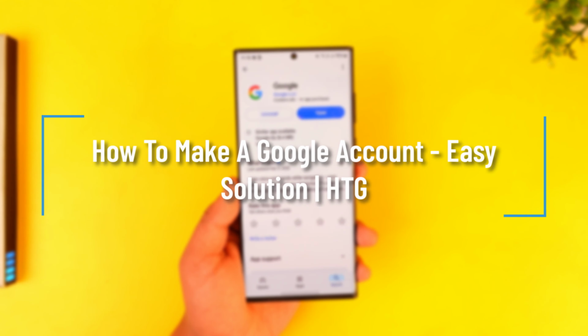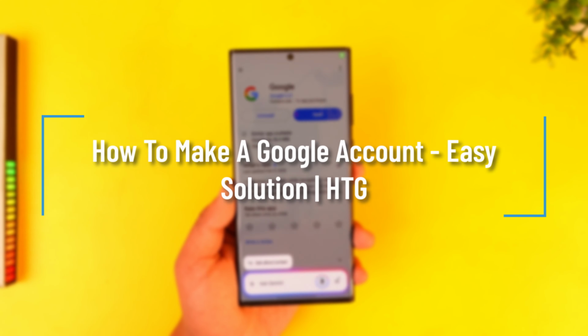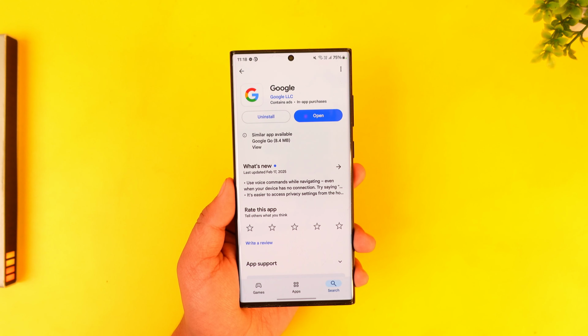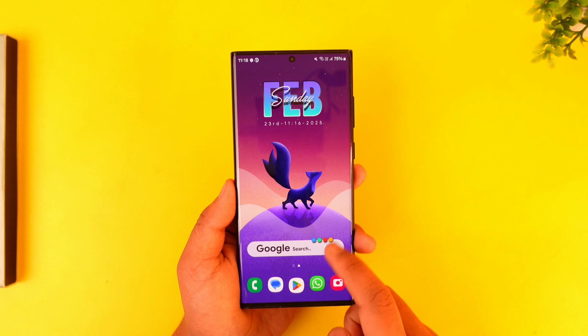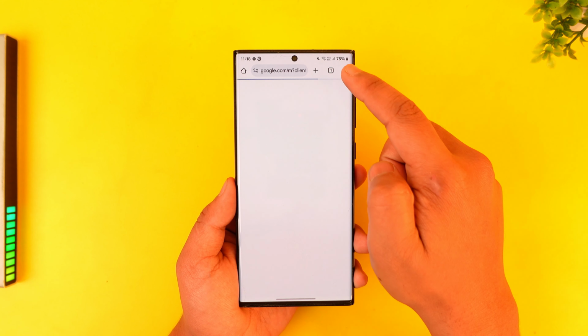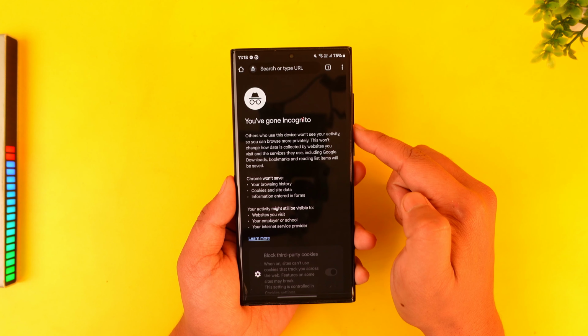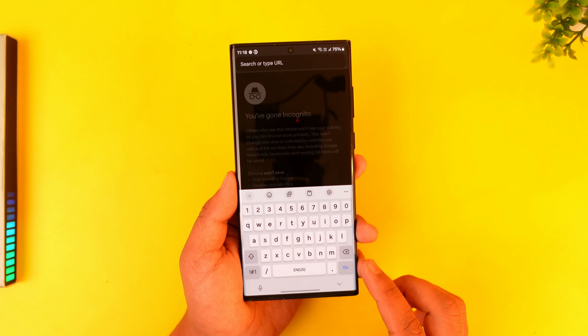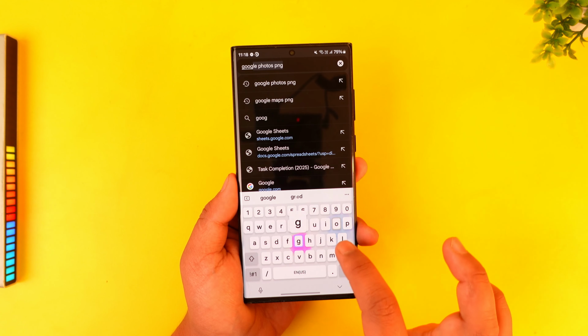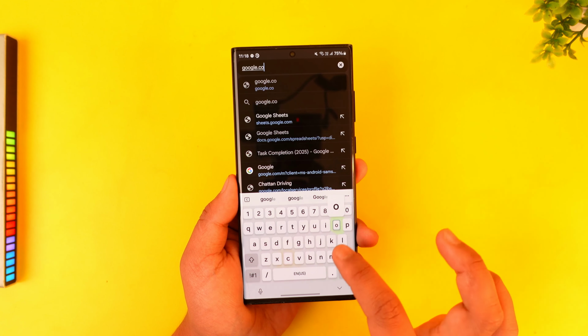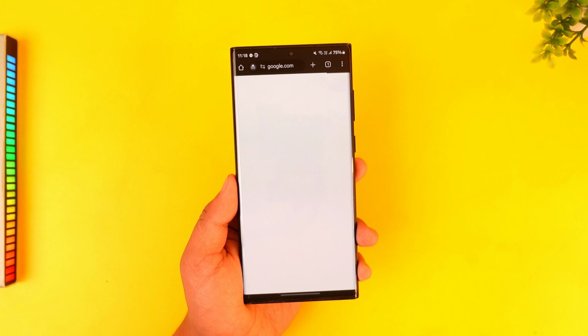How to make a Google account. Creating or signing up for a new Google account is a fairly simple process. You can do this using any browser. I will just use Google Chrome for this video. Now, after you open up your browser, you can just go to google.com or gmail.com, any of the Google services